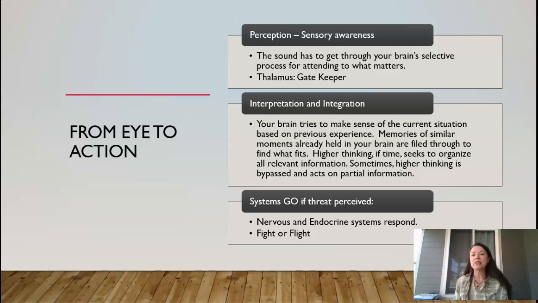So the brain has a very selective process. Remember, you've got 87 billion neurons in there, each of them taking input from 10,000 other neurons at any given moment. Just imagine getting that many texts in a second. You can't do it. Well, your phone would explode, but the brain would explode if it had to pay attention to all of that information coming in at one time. So it has to be selective about what it decides to pay attention to. So there has to be perception. You have to perceive something as important.